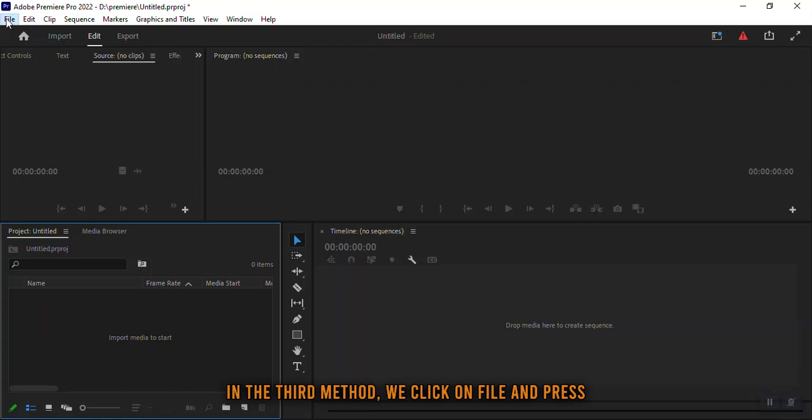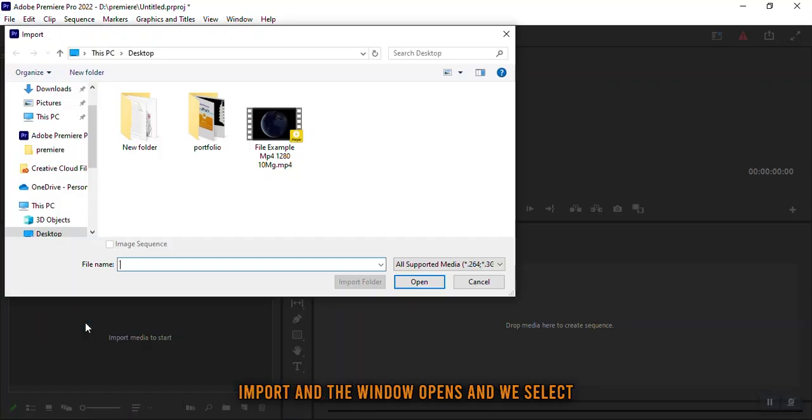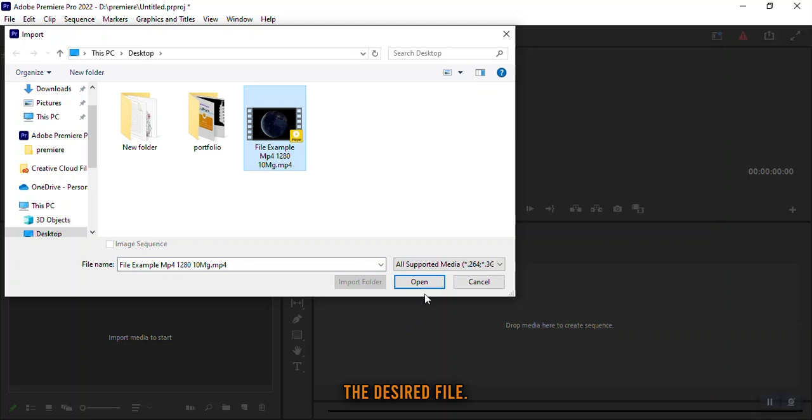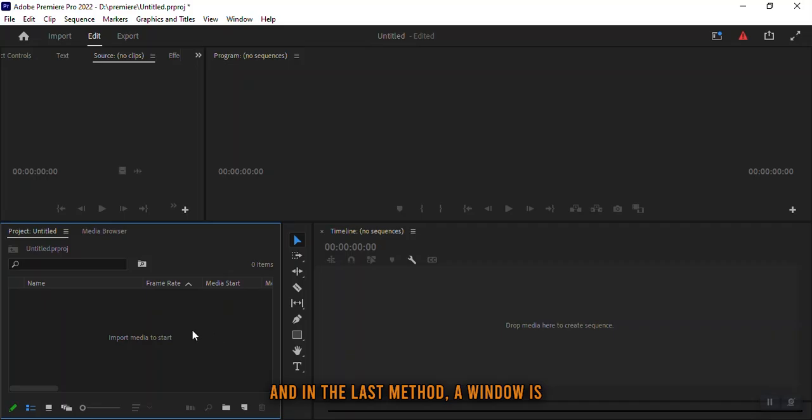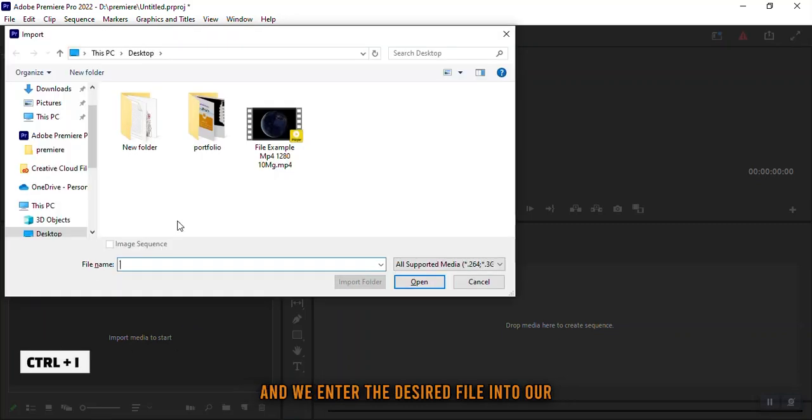In the third method, we click on File and press Import and the window opens and we select the desired file. And in the last method, a window is opened through the shortcut code Ctrl+I and we enter the desired file